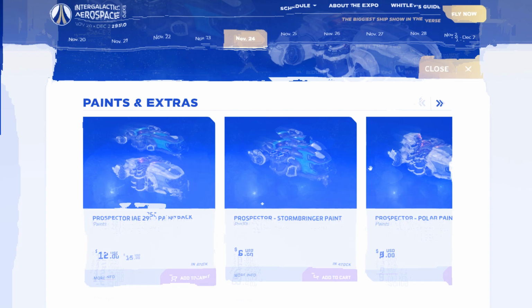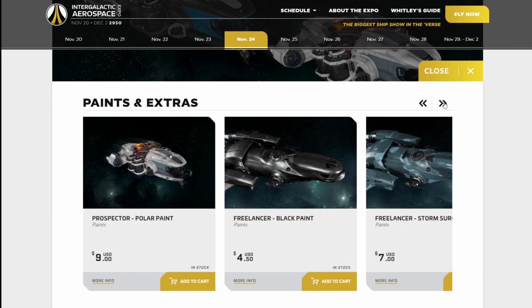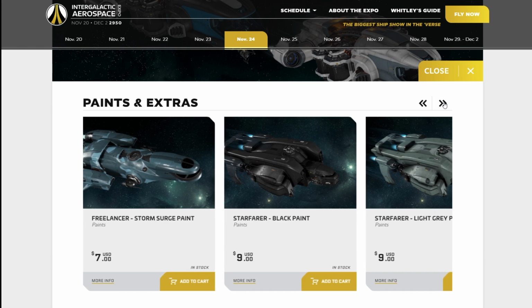For paints, I love the blue and black skin. It's already on my Prospector in preparation for 3.12 and refining, and the polar skin is really cool as well. For Drake Day,